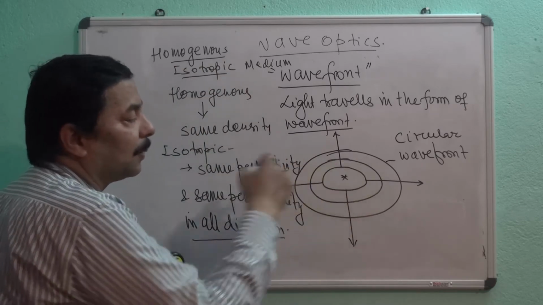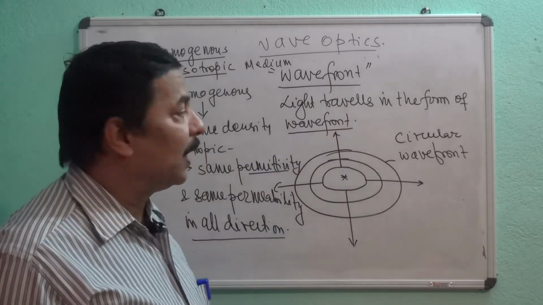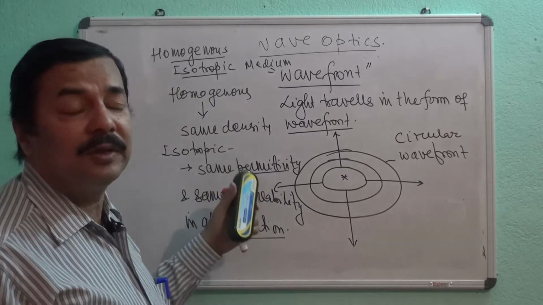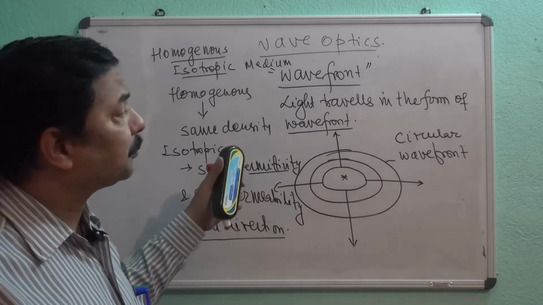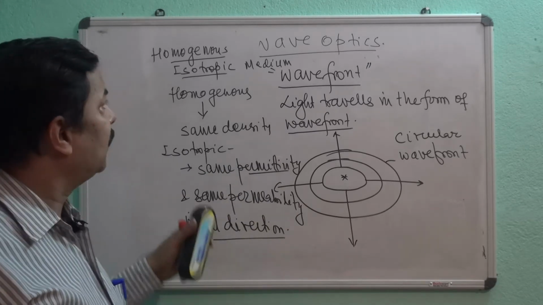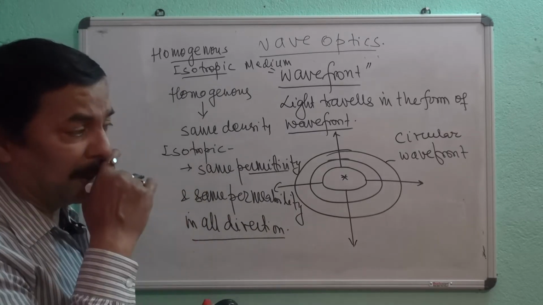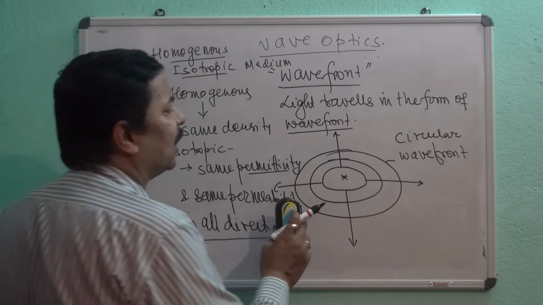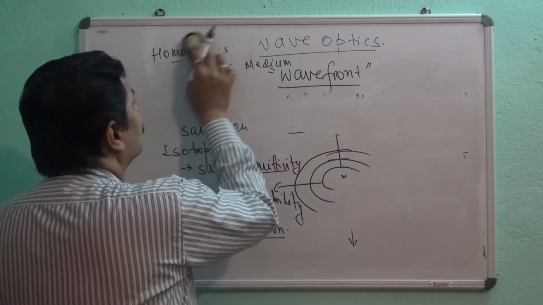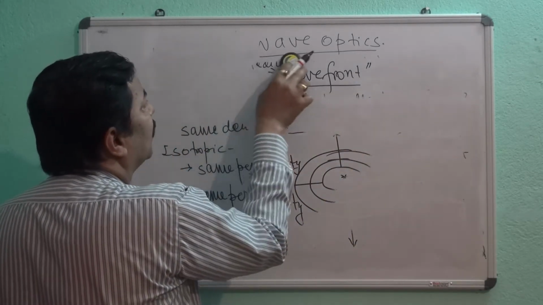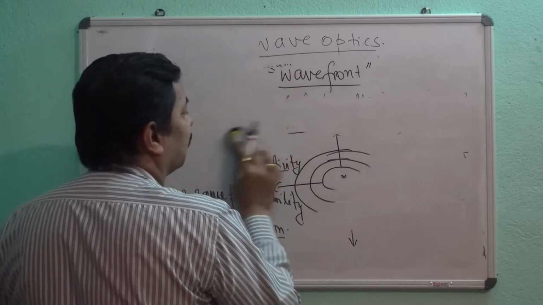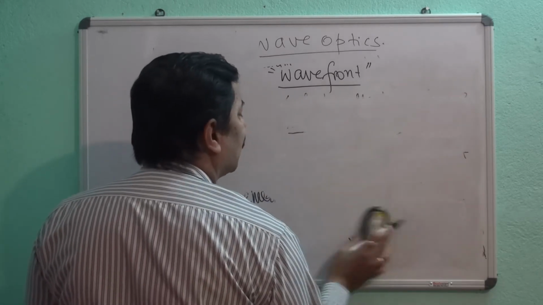In this medium we are supposing that the wave is propagating in this way, and this is a homogeneous and isotropic medium. This I will be using frequently in the discussion of wavefront. So this should be clearly understood in mind, what is homogeneous and what is isotropic. Now after this, as I was trying to discuss with you the concept of wavefront, it has to be kept in mind that we are talking about wavefront in a homogeneous and isotropic medium, and also you will have to keep this in mind that